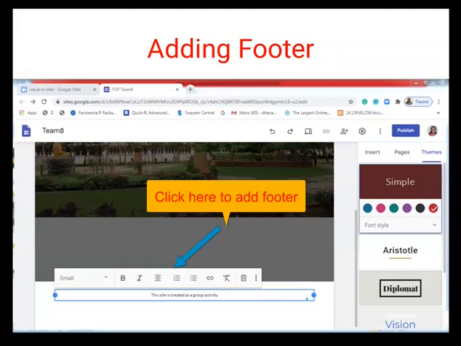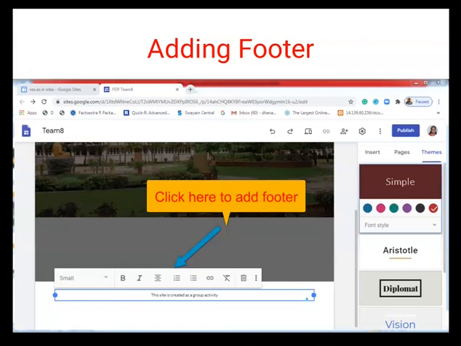Finally, I'll explain about adding footers. Adding a footer is nothing but giving a description about our website, which can be written in the form of text. Here you can see, once you click on add footer, we can see all these options, such as whether your font size should be small or big. You can give some descriptions, and then display them as the contents about the website. The description about the website can be displayed in the footer.